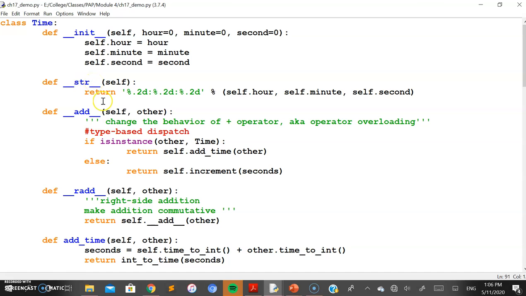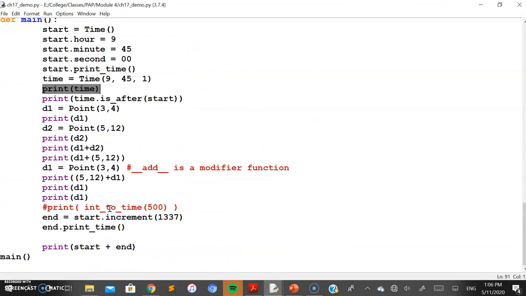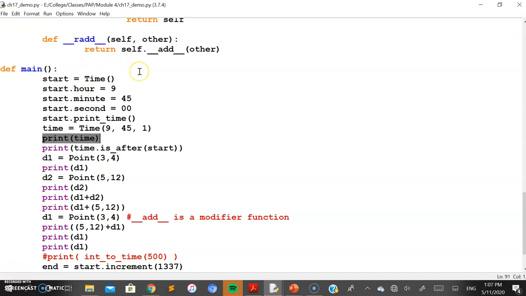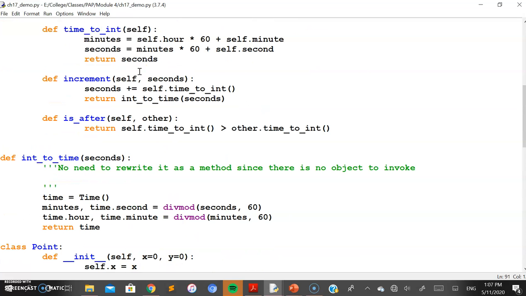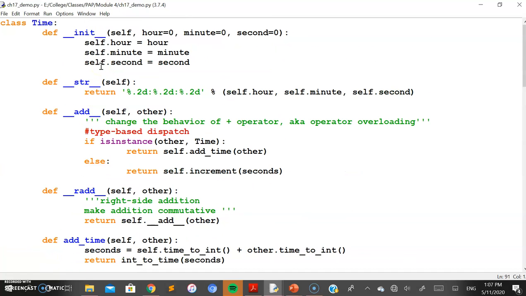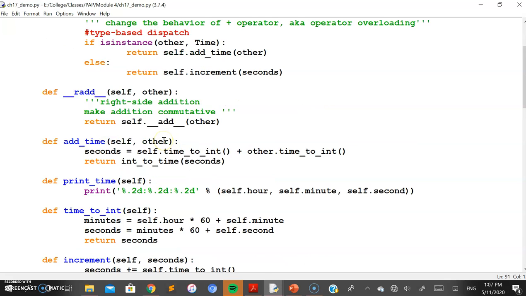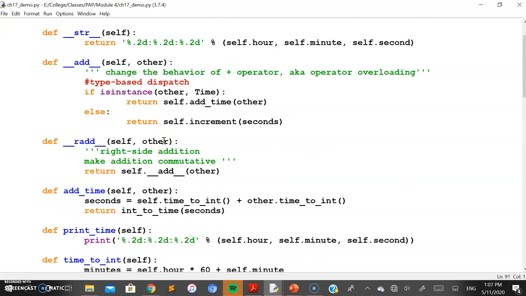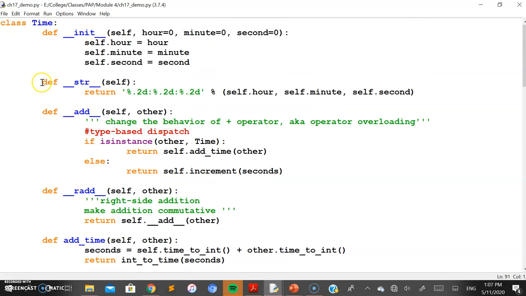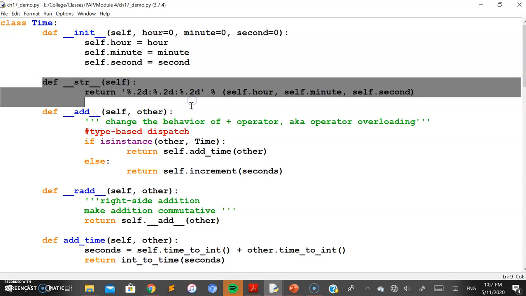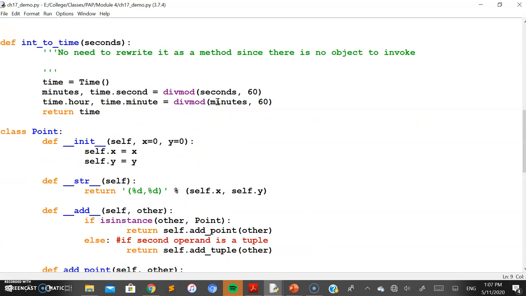In the previous object, we used print underscore time to be invoked explicitly, which executes this part of the code. But once you use only the print statement with the object as a parameter, it implicitly executes this part of the code, where it does the same thing as print underscore time.